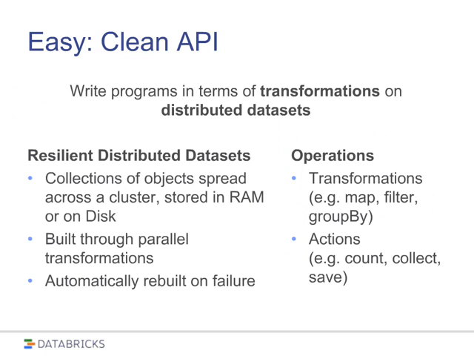Once you're in this shell and working with the API, the core abstraction the API provides is what's called a resilient distributed data set, or an RDD. And basically what you do is define these data sets by pointing to, let's say, a text file that might